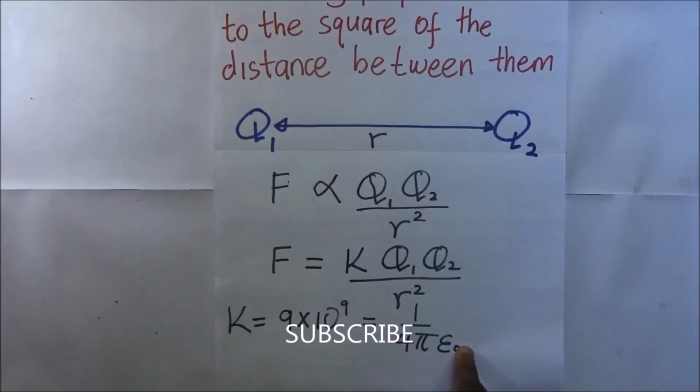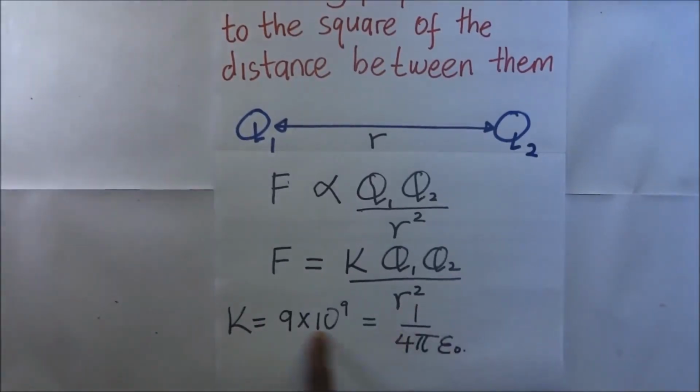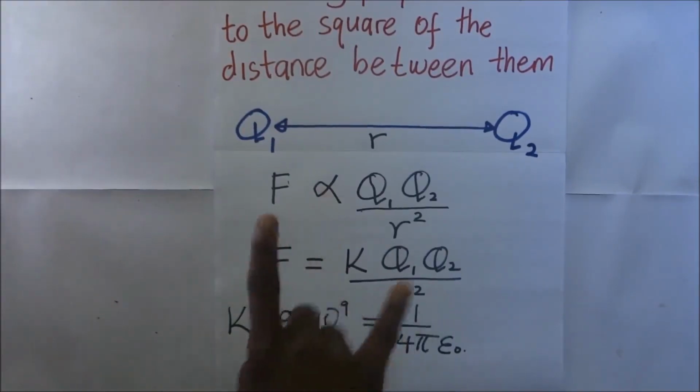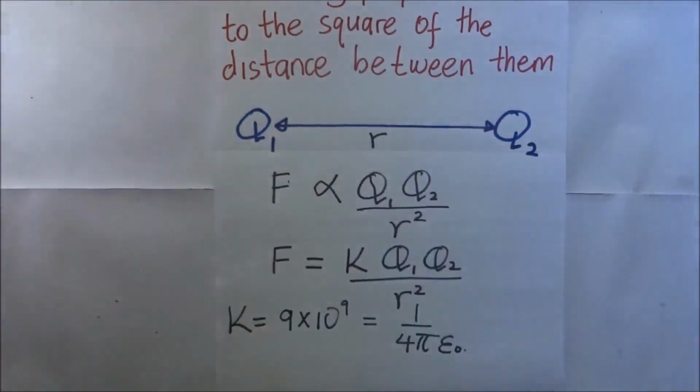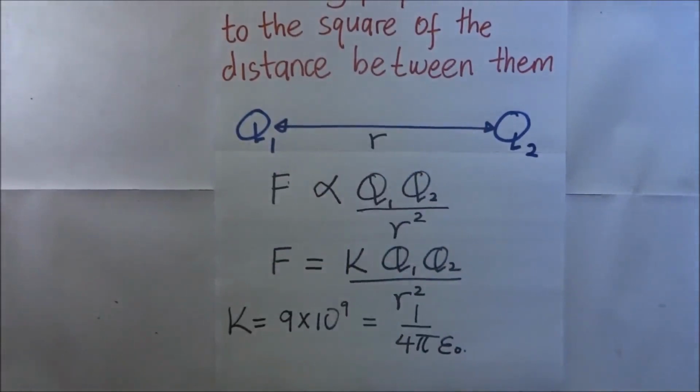Epsilon naught simply stands for the permittivity of free space, or the permittivity of a vacuum. And so it means that our formula for the force that exists between two point charges is going to be F